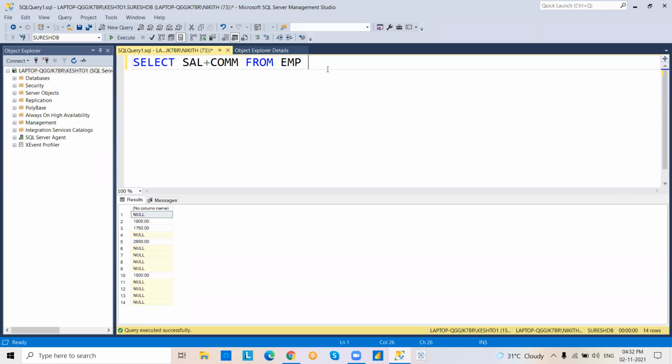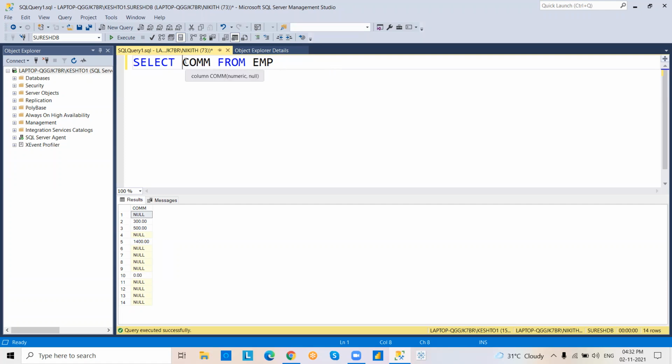But how to do that? For example, select commission from employee table. Those are the null values.